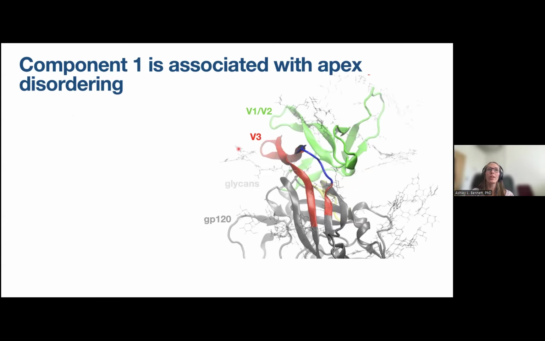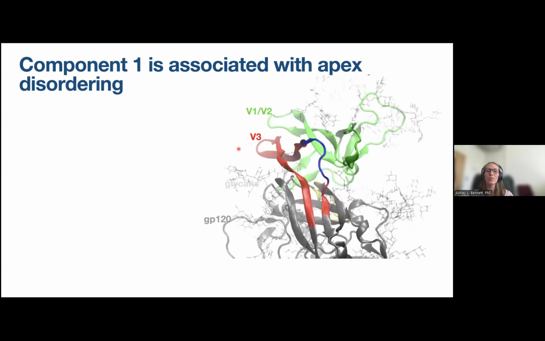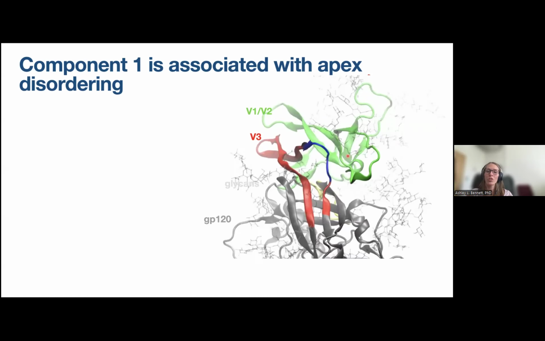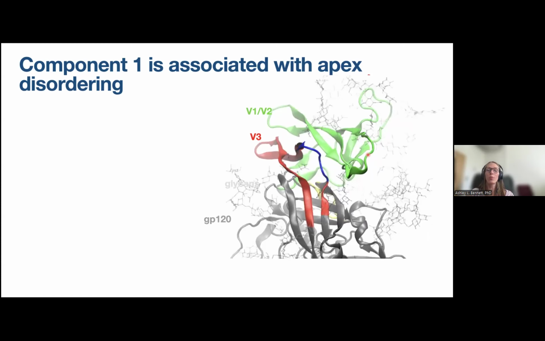So we ran 250 replicas of molecular dynamics simulations, each for 5 microseconds, on a glycosylated GP120, which you see right here. And what you can see from watching these simulations is that while there is plenty of dynamics in the glycans and even quite a bit in the V1 domain, especially right here in this loop, we're not seeing a movement into an open structure where these V1, V2, and or V3 is fully released. So this indicated to us that the V1, V2 domains are not being released